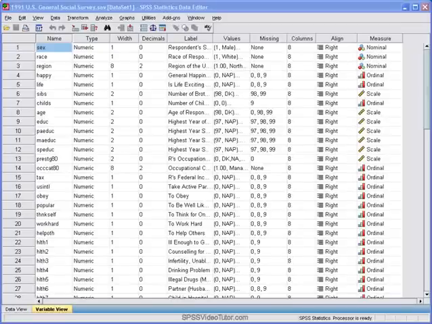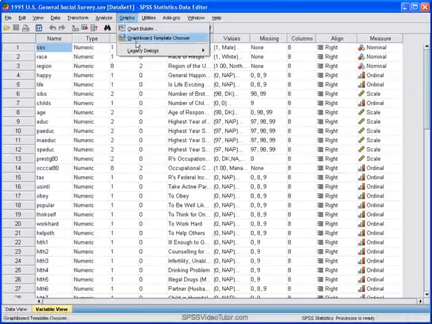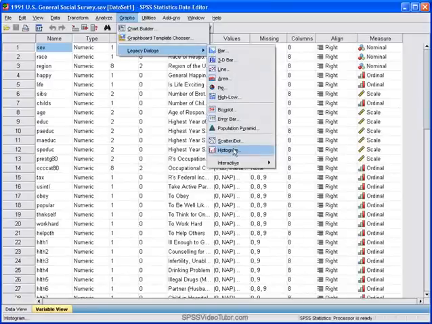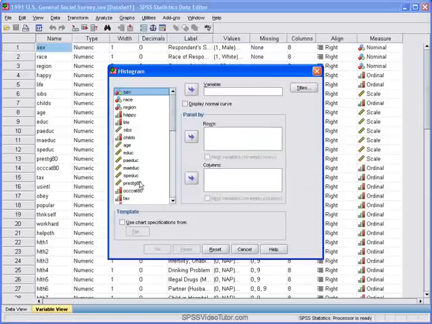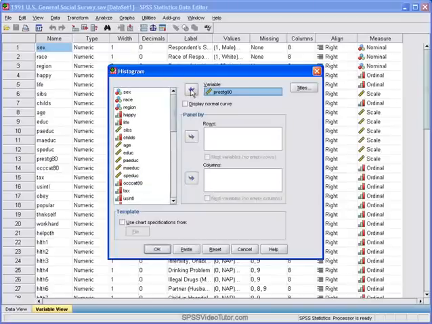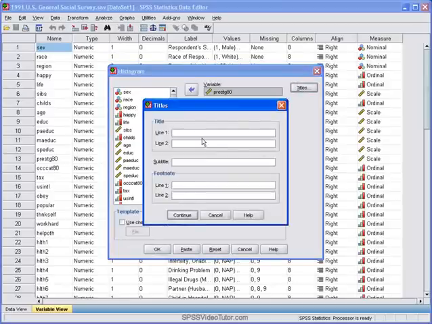Okay, so the first step is to go to Graph, Legacy Dialogues, then down to Histogram. Then what we do is we find the continuous variable that we want to create a histogram for. In this case, it's occupational prestige, and we move it over to variable. Now we can also click this to display a normal curve over our data. Next, we can create a title for our histogram. So we can say occupational prestige scores